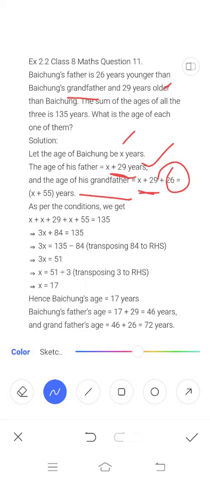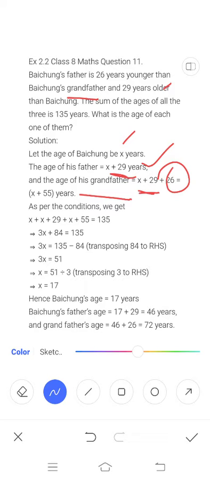65 or some more than 65, isn't it? So it will be more or less equal to 65. So now what we have done, our age will be lower than the father's age and much lower than the grandfather's age. So when you keep these conditions in mind, grandfather's age will be higher than the father's age and father's age will be higher than the son's age or daughter's age. You can keep in mind like that.